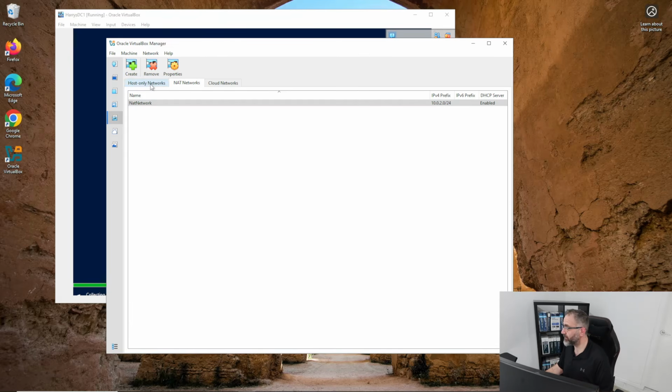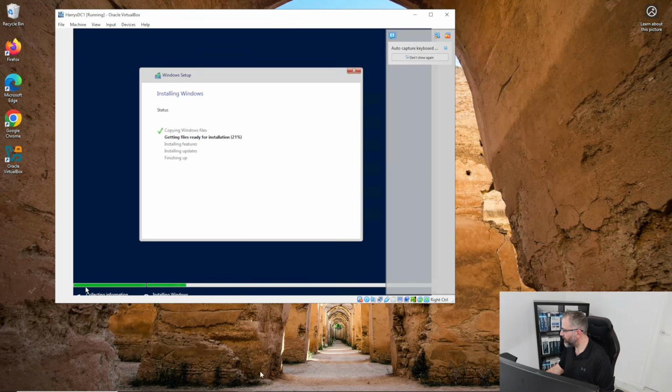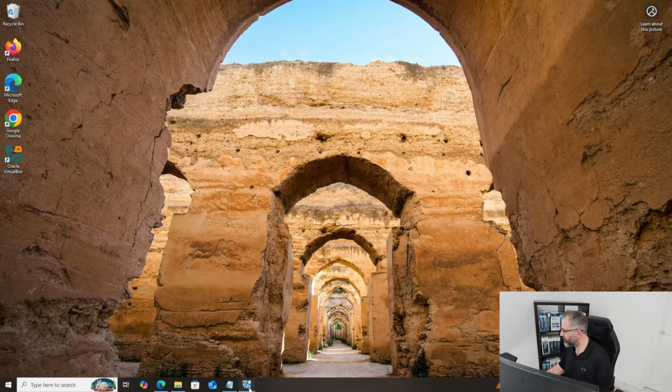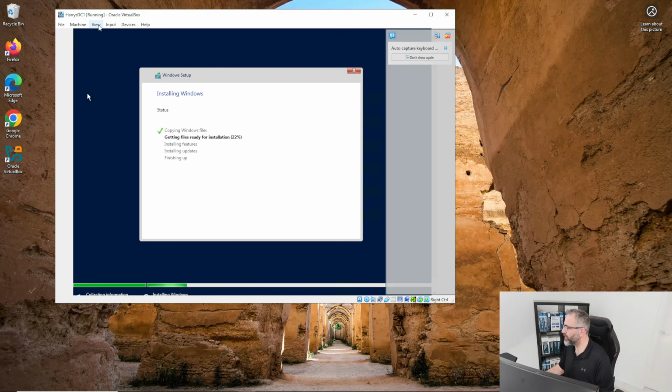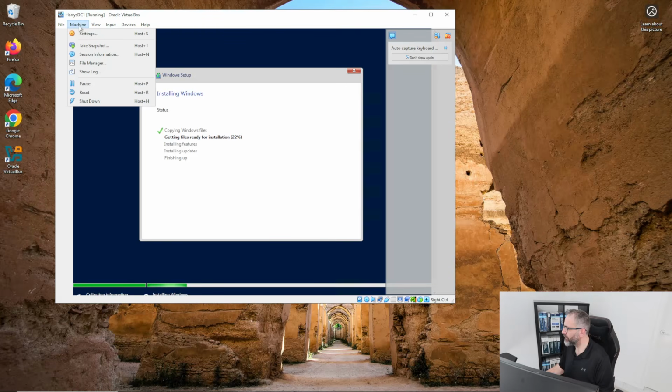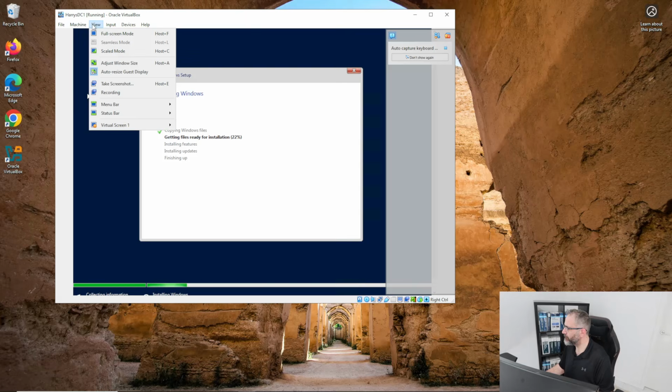Now we've got something going here. That'll be a network there. We can close that and then go back to, it's disappeared on us. We'll have to go back to maybe machine, go back to scaled,